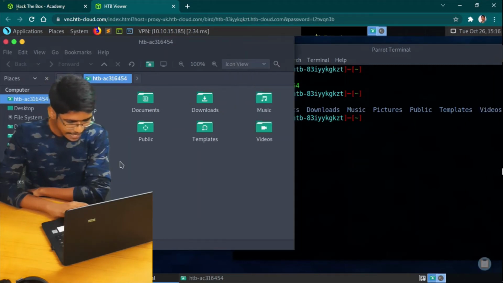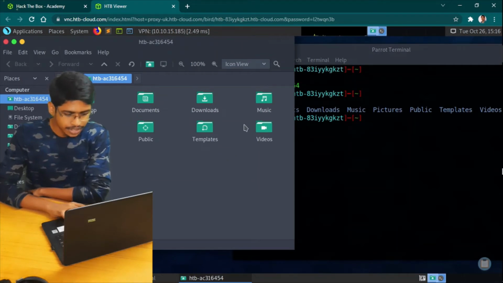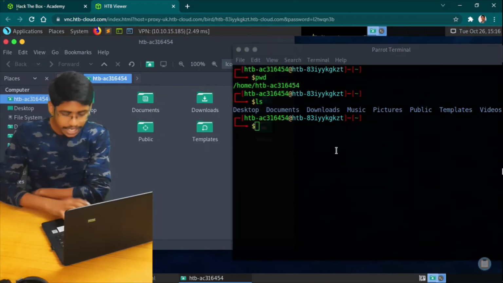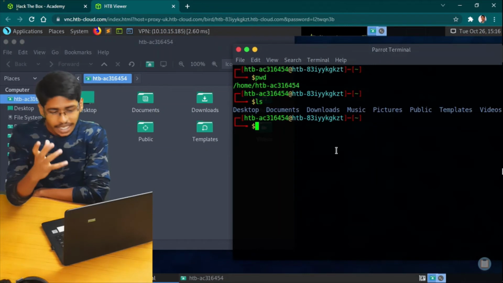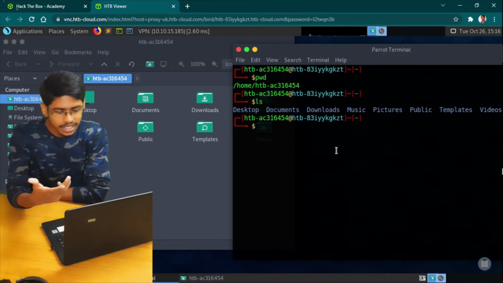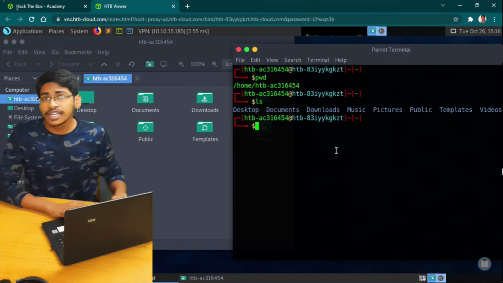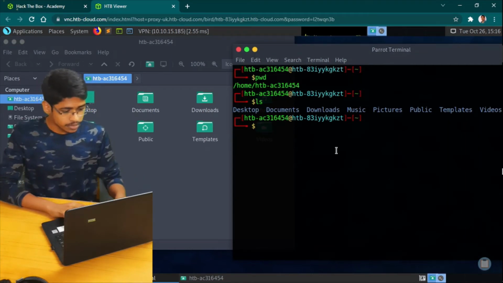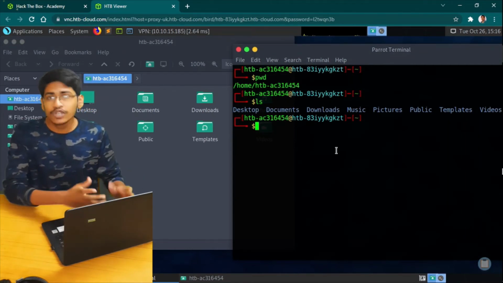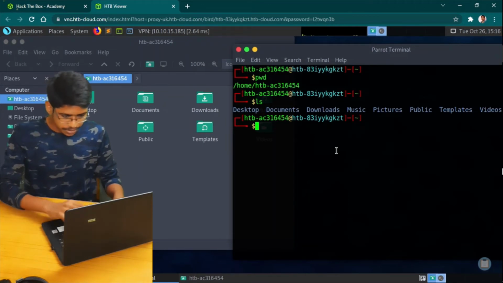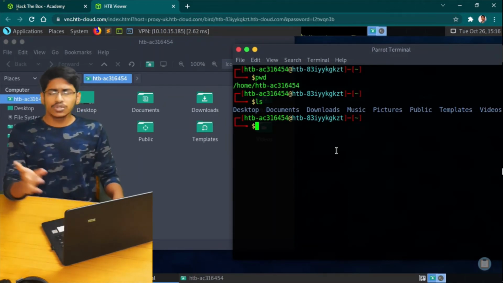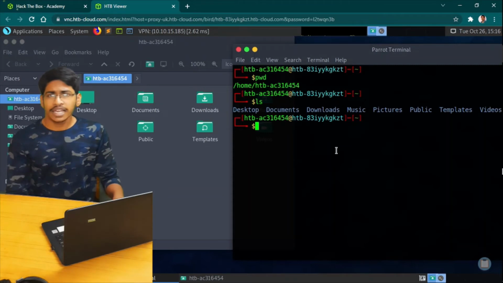So is that exactly what is present here? Yes. And if you have observed, it's faster. It just returned as soon as we typed the command. And how long did it take for this GUI to come? That's the difference. So now we've seen two commands, pwd and ls.